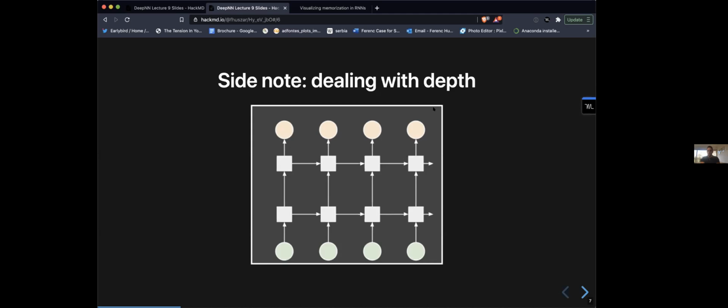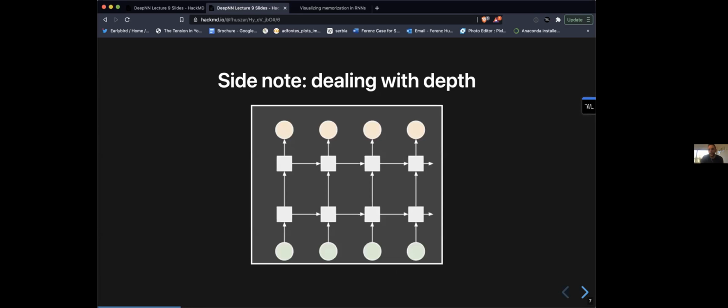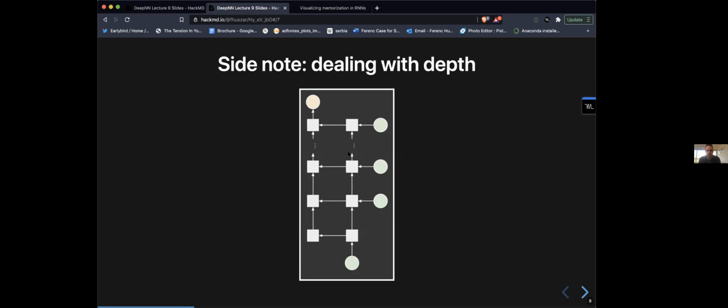So assuming there are no more questions, I wanted to talk about this other concept, which is how recurrent neural networks are in a way similar to very deep neural networks. So I've drawn RNNs, and most people draw RNNs in this form where time goes from left to right. So the sequence length determines the horizontal size of this figure, and then the depth of the network goes from bottom to top. But you can turn this on the side and also consider the RNN for a very long